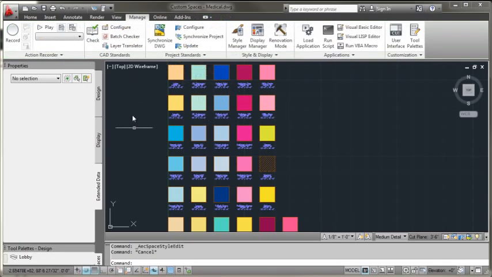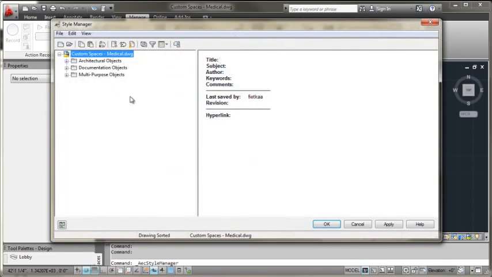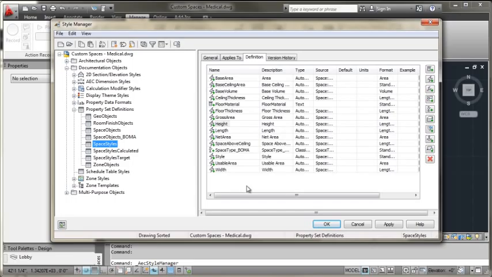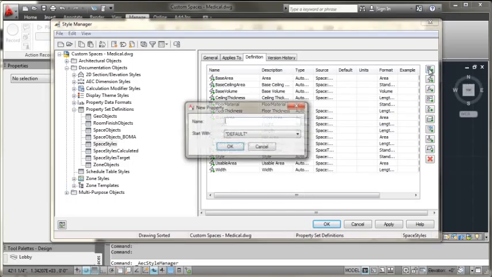So let's go through this one more time. To create the new property value, you go to your Style Manager. From there, Documentation Objects, Property Set Definitions. I'll grab Space Styles, again a mini database. I'm going to add a new manual property set. I'll give it a